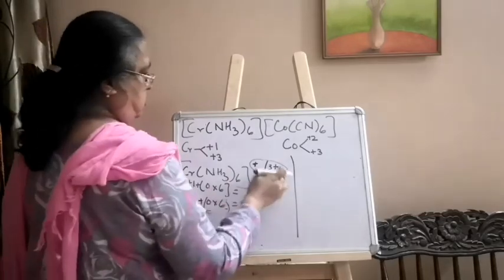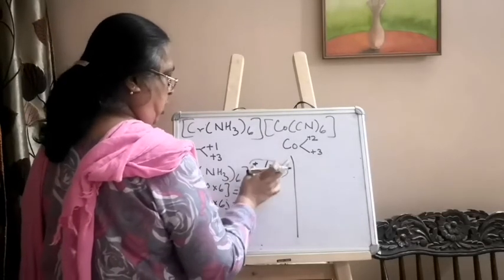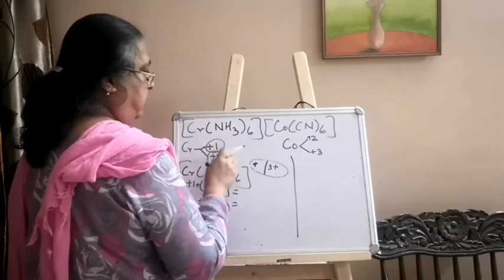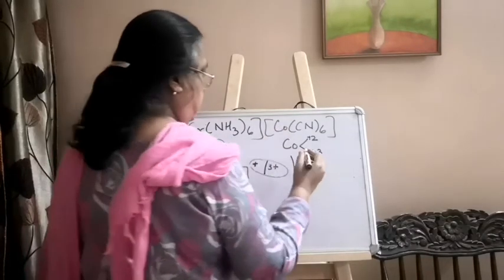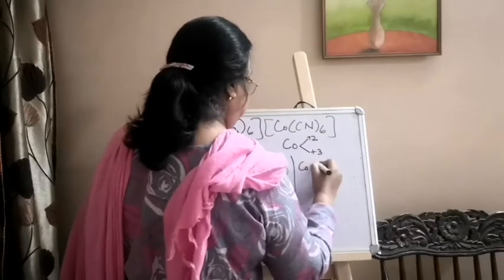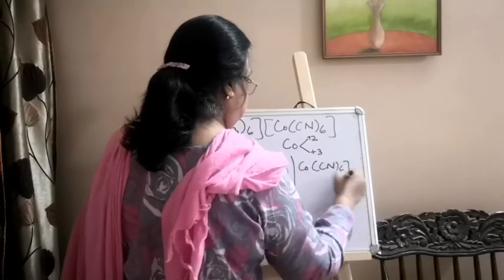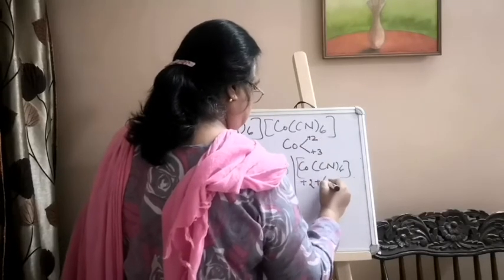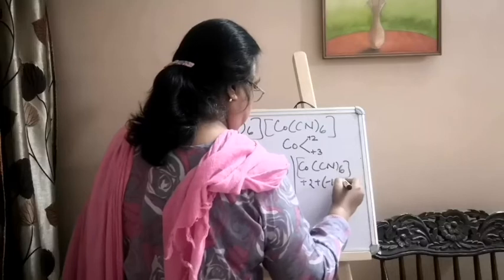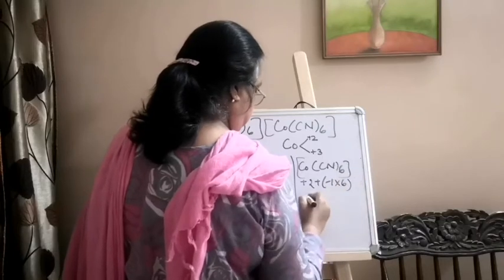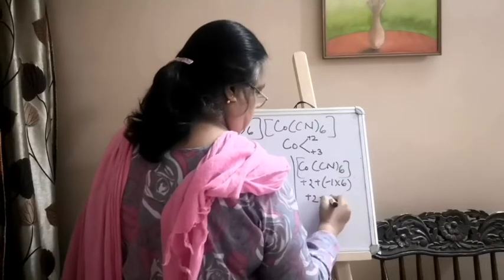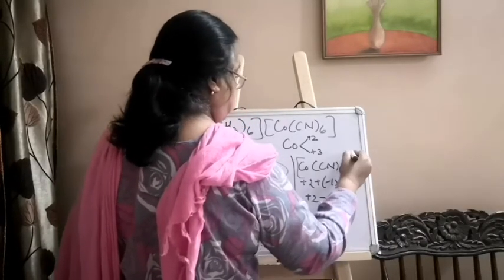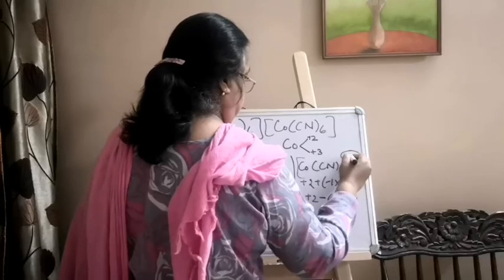So both are plus, so it could be this or this. So out of the two, which one will be depends upon this. So we will be calculating for this Co(CN)6: plus 2 plus -1 into 6. So it will be +2 -6. Net charge is -4. So here the charge is coming 4 minus,